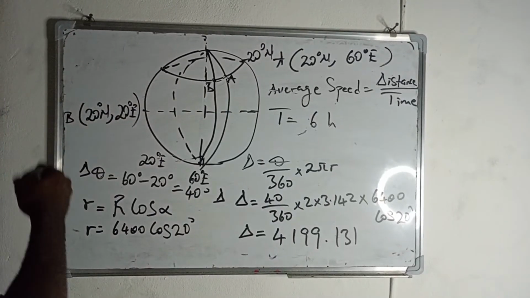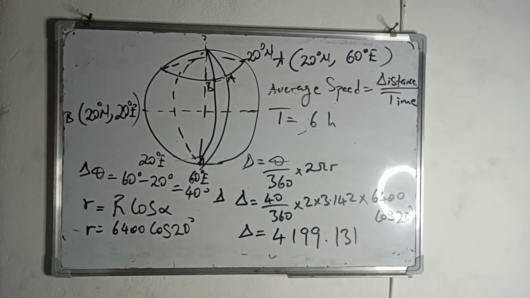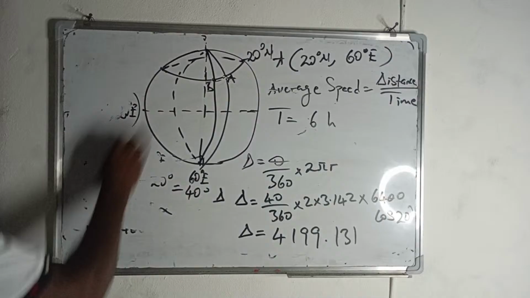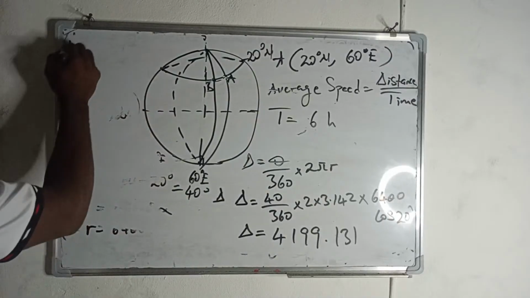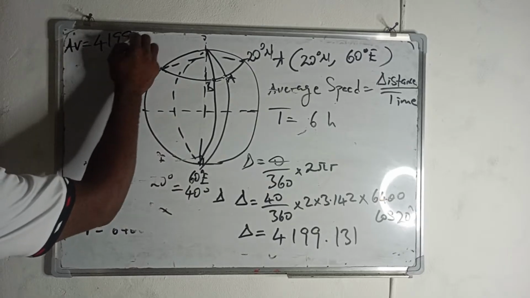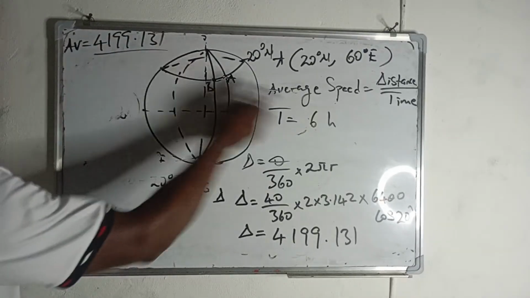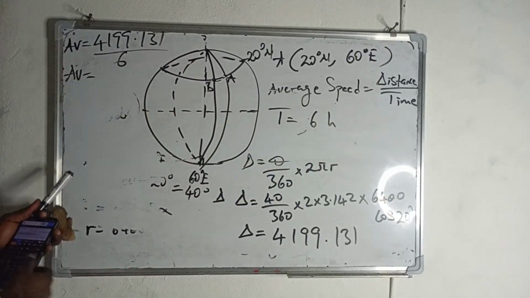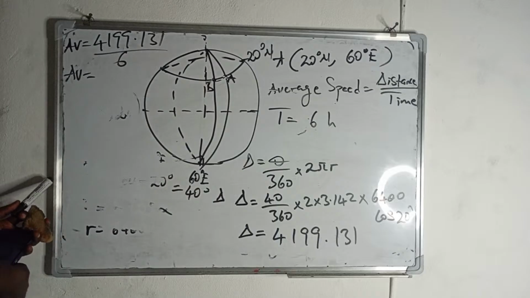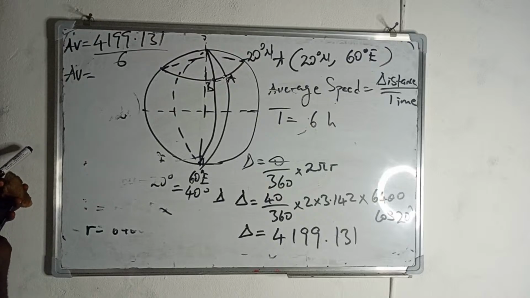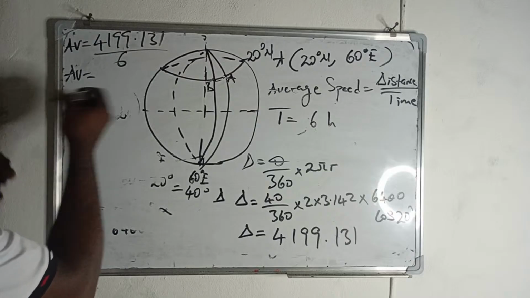So our average speed will now give us 4199.131, all divided by our time, which is 6. Then average speed will now give us